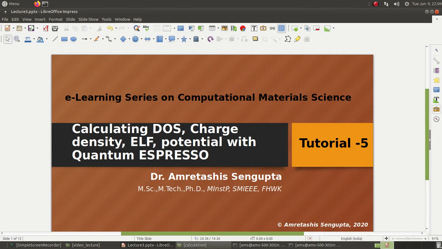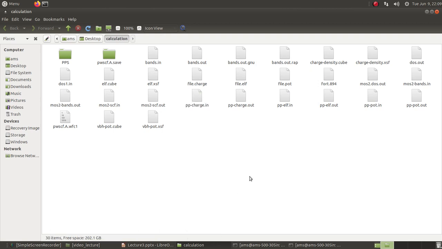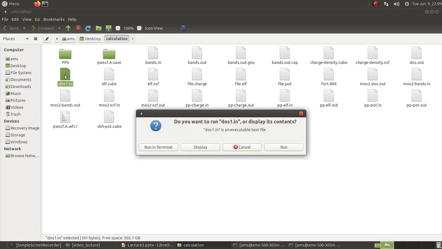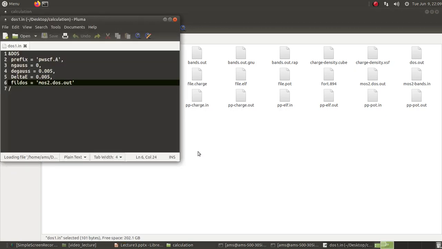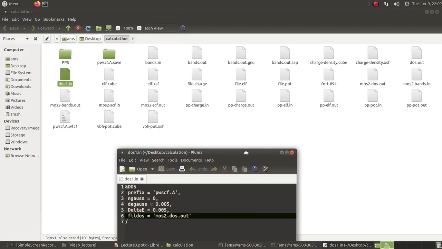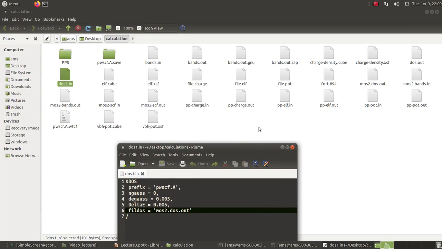So basically what you need before that, first I will start off with the DOS, because in the last tutorial we had done the band structure, and to get the DOS you have to have an input file for DOS.x. So the program you will be running is DOS.x, and for that we already had simulated the SCF calculation, so you need the SCF input files.